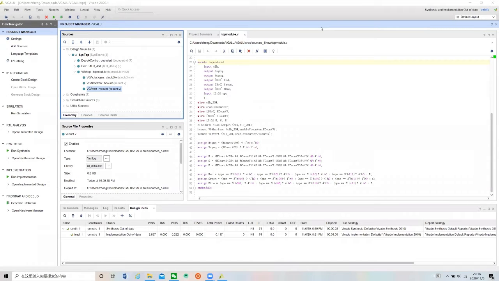好,我在录了,我在录了。So this is our lab 3 code for the